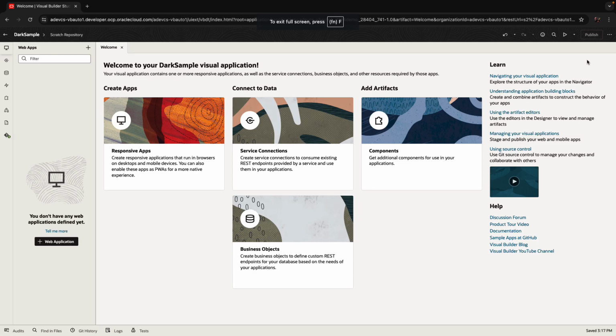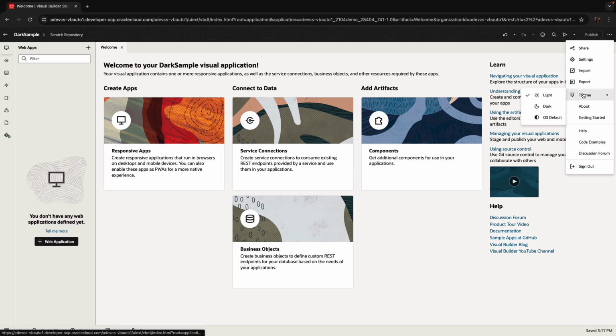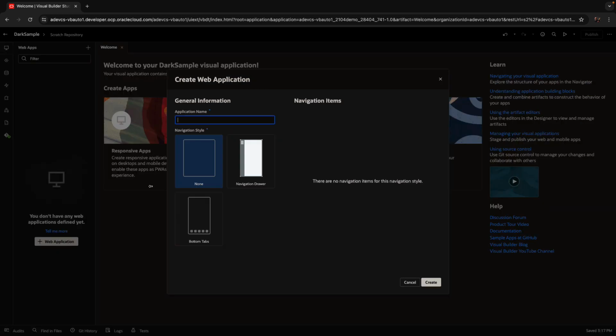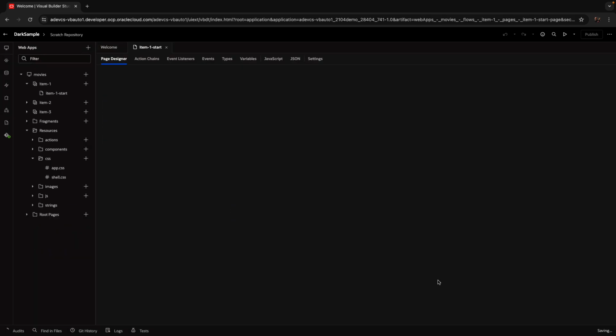In the latest versions of Visual Builder, we now allow you to switch your theme to be dark mode or OS dependent. Dark mode gives you this black background, which a lot of people find easier to work with. This also applies, by the way, now to applications. So if we were to create, for example, an application like that,